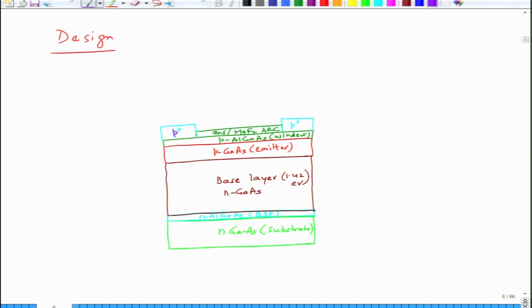I can write this as P plus gallium arsenide, P plus, okay, and then we have on top the front contact. So, this is again front contact, which is generally an alloy of AgMnNiAu,